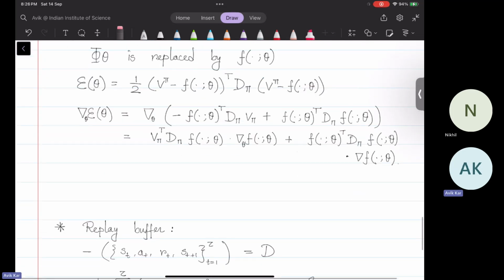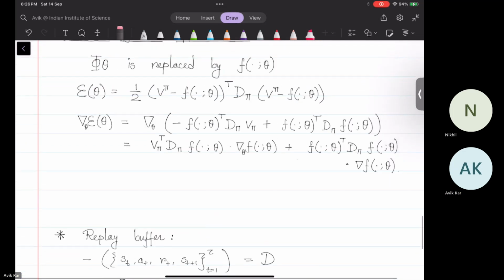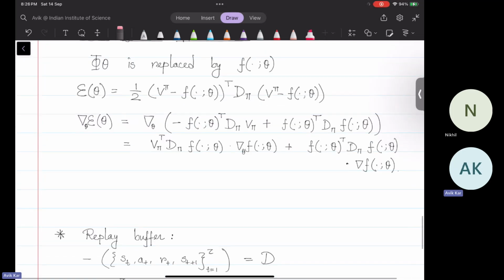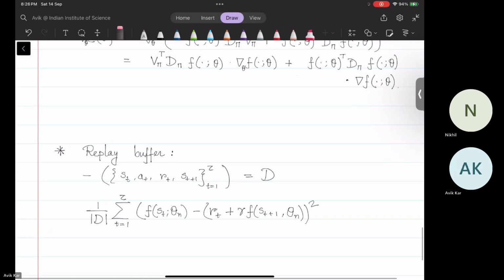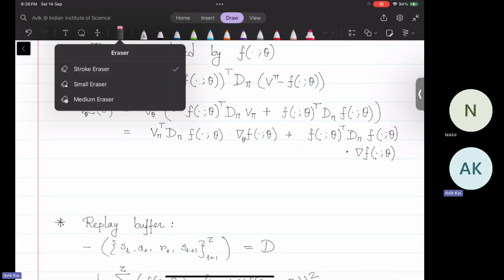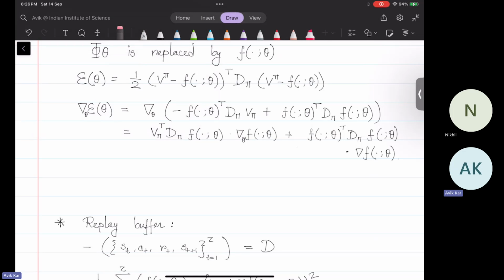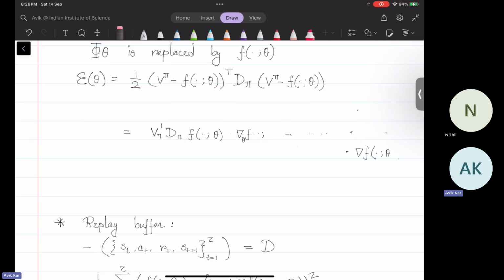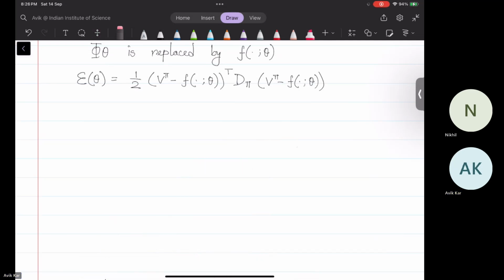Okay, so I'm not sure whether I should go with this. I think I should fix the theory first and then go with the implementation. Let's erase this thing. The replay buffer we will implement, so let's keep this. If we compare this with the DD,